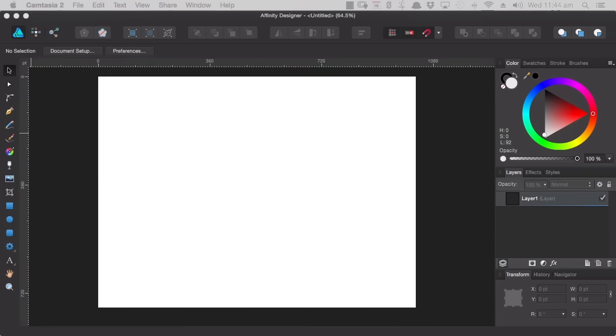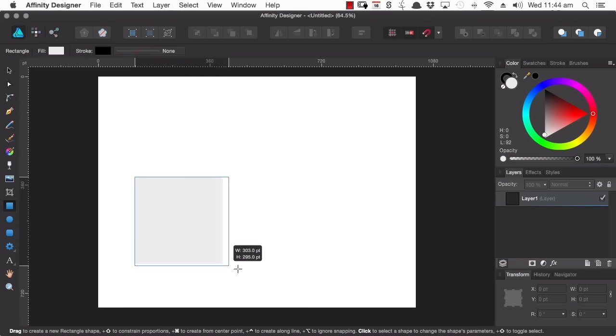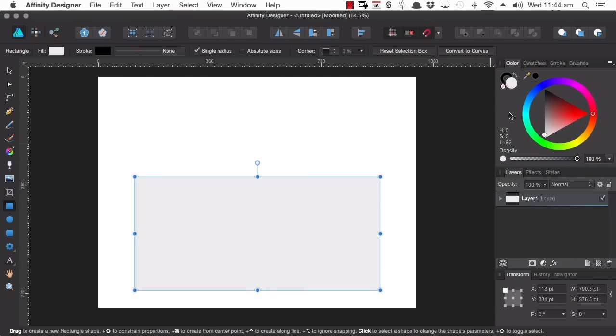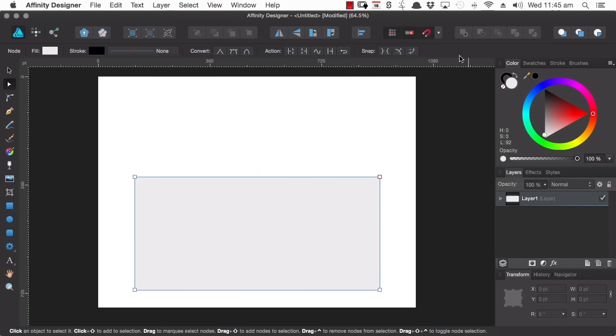Welcome back to Affinity Designer Quick Start. In this lesson, we're going to go over how you can add and delete nodes from an existing curve. All right, so let's say we've started out with a square and we've converted that to curves like we did in the previous lesson. Now, if I want to add nodes into this existing curve shape, all I need to